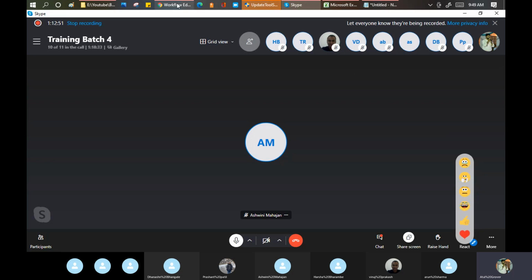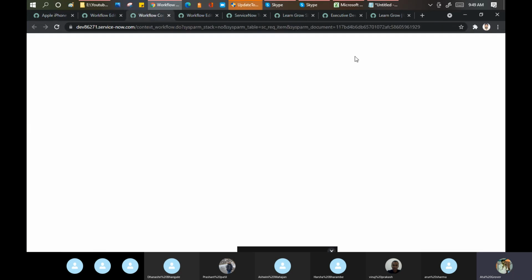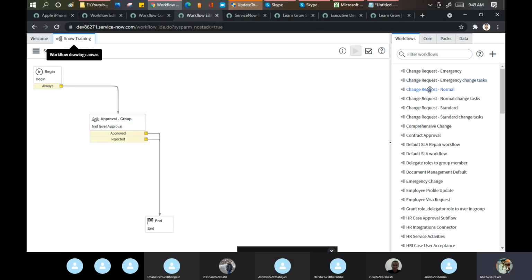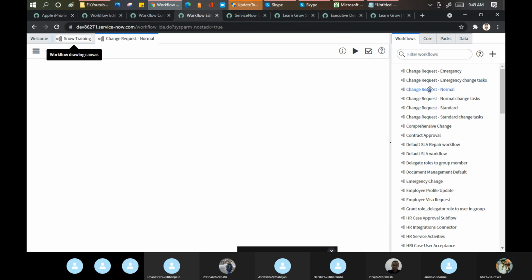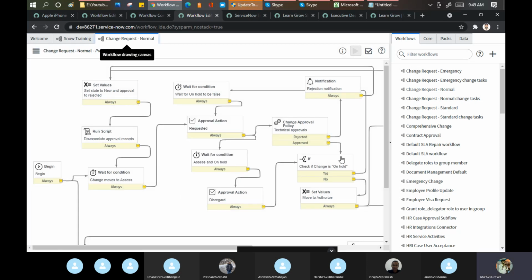Till now, did we do anything in the coding part? We just drag and drop, right? Same thing. There is no logic, but you should know the sequence of your activities, and just drag and drop. If you want to see a little more, I'll show you in the workflow here. See, open this change. See, this is the workflow.